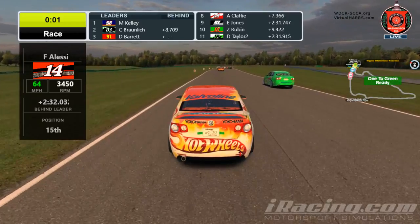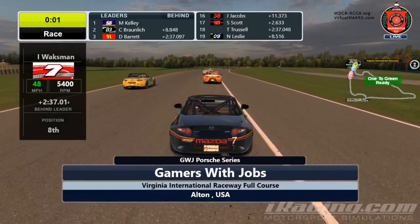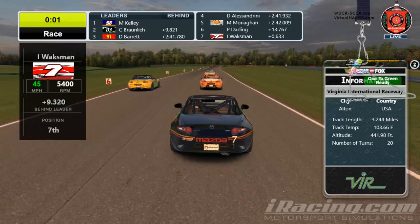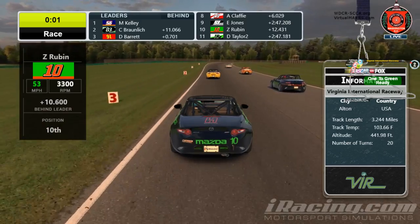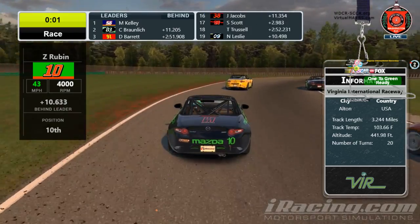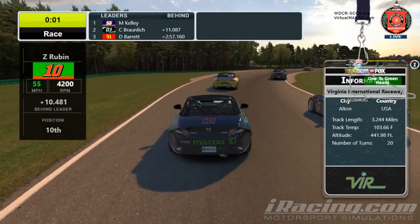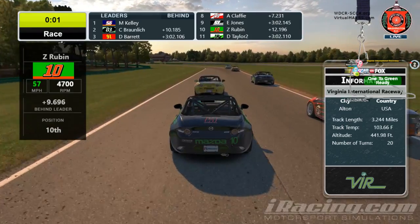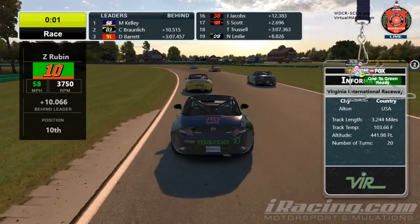This is VIR full, which is... Well, let's do a little drop down on the track, shall we, as we go around and take a look at some of these cars. Oops, sorry, that is the wrong button. Looks like one of my track overlays is over my neat little icon here, but as you can see, the track length at VIR is 3.244 miles. So it's on the longer side of road racing courses that I've raced on myself. It does feel like a long course. Of course, that gives you an advantage of having...